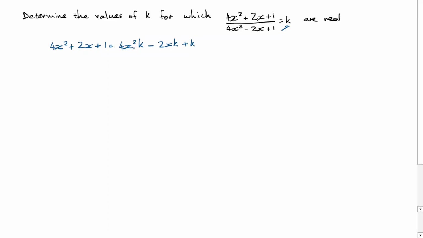And then step 2, I want to take everything to one side, and so I'll get 4x squared, and then to save time and simplicity for my mind, I'm going to take them across, but I'll put the x squared term next to this x squared term. Then it was 2x. I'm going to put the x term next to it, and then it was 1, and I'm going to bring the k across. So in one step I've taken it across, but I've also simplified it for myself,